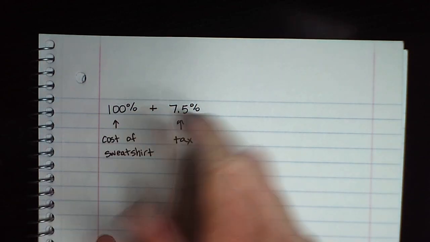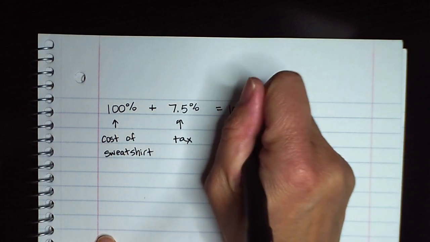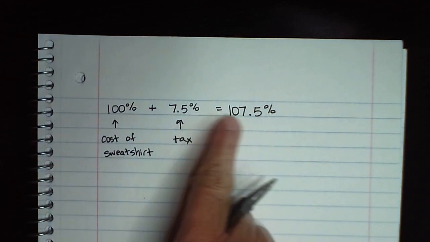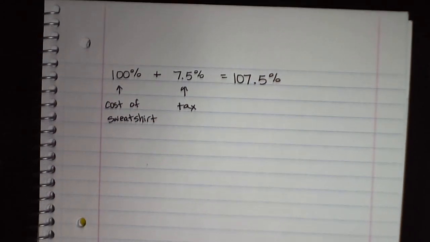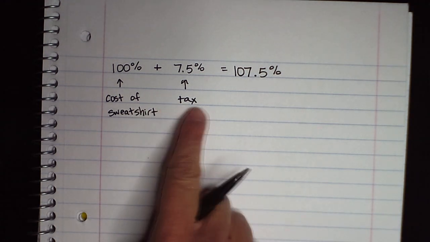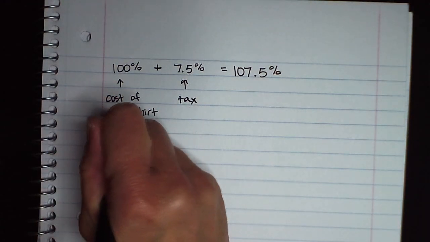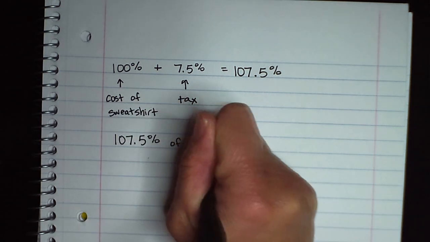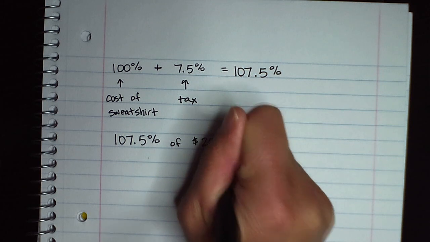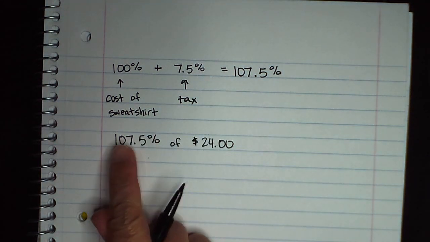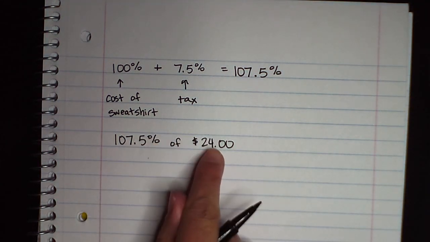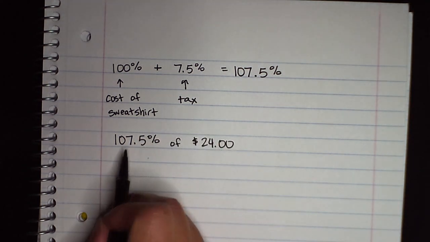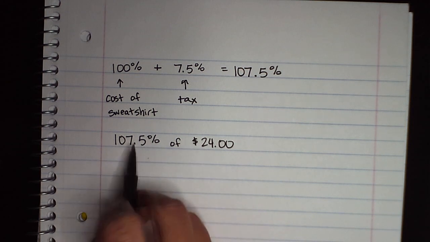Okay, and if I add those two numbers together, I get 107.5%. All right, that's just 100% plus 7.5%. So if I wanted to know the total price of the sweatshirt, including the tax, I could find 107.5% of the $24. Now notice that number is more than 100%. So when I find 107.5% of $24, that number should actually get bigger. It should go up. And in order to find 107.5% of $24, the first thing I need to do is